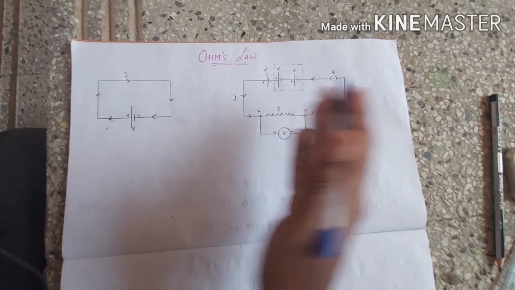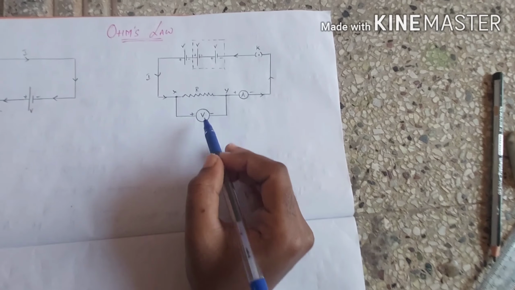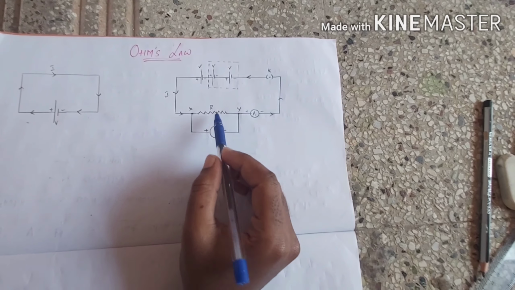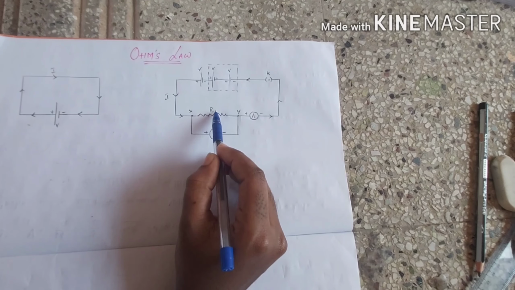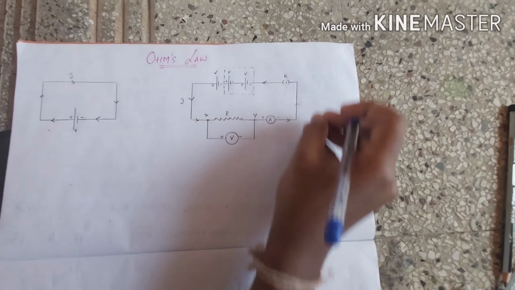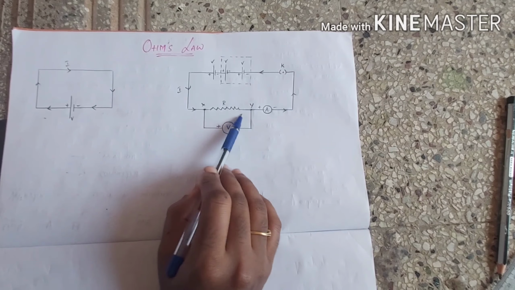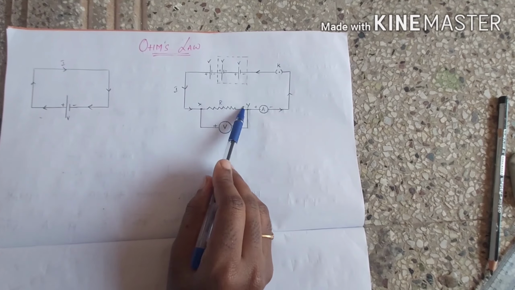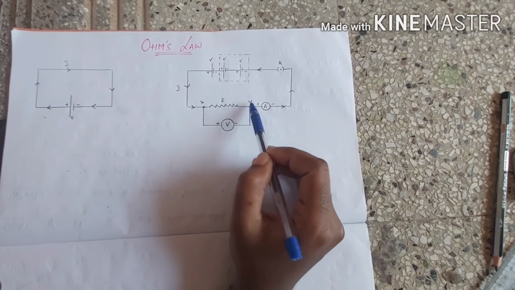With this experiment, let us study how it is actually happening. For this experiment, we'll be taking a nichrome wire. Nichrome is a nickel plus chromium wire, which is connected with the ends X and Y of resistance R. Each and every object that we connect in a circuit will have its own resistance. Let's take this metallic nichrome wire as having a resistance R, connected across the ends X and Y, with an ammeter connected in series and a voltmeter connected in parallel.